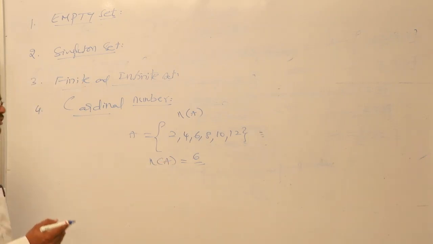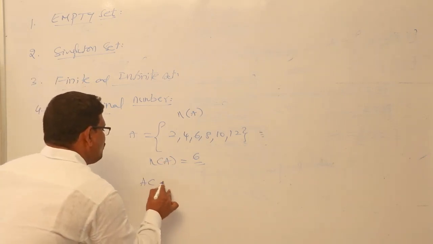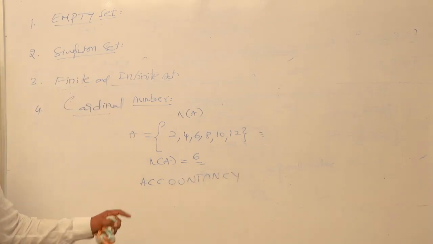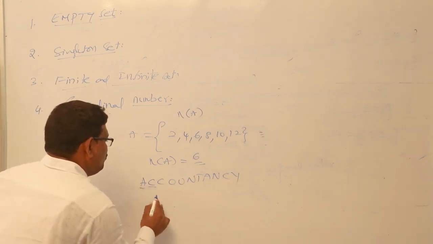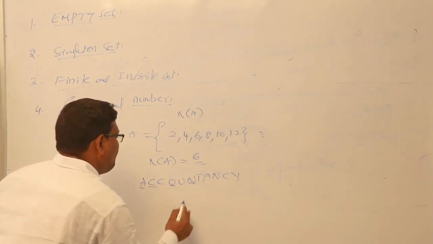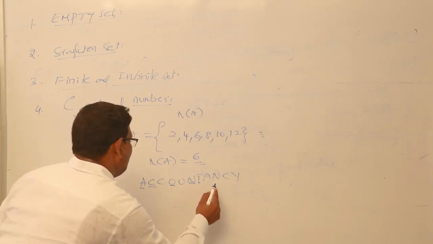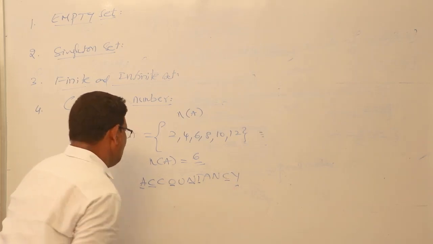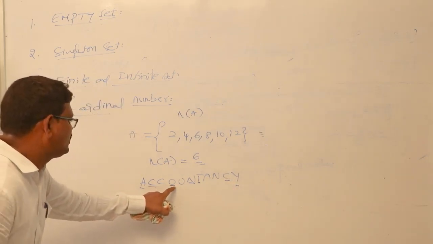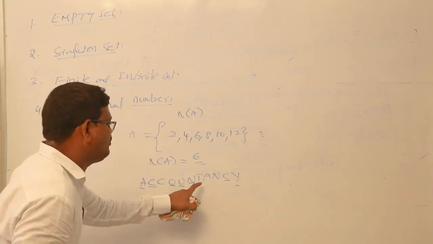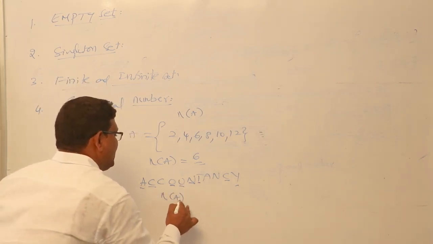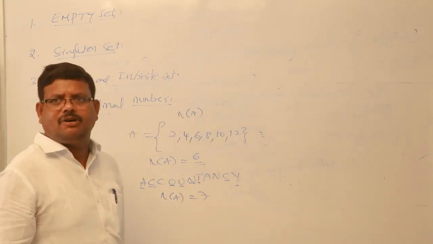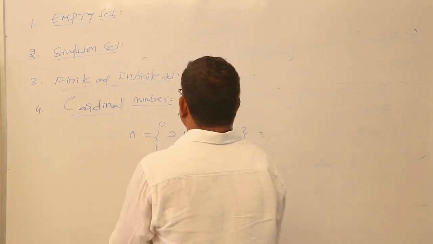If you take any word, suppose accountancy, that means we have 1, 2, 3, 4, 5, 6, 7 distinct letters. The cardinality equals 7. In this way, we explain the cardinal number. And the next one is